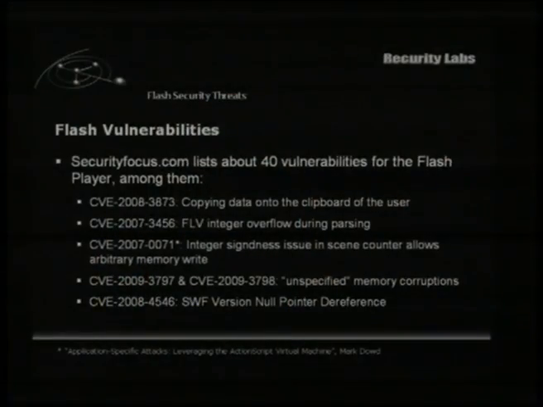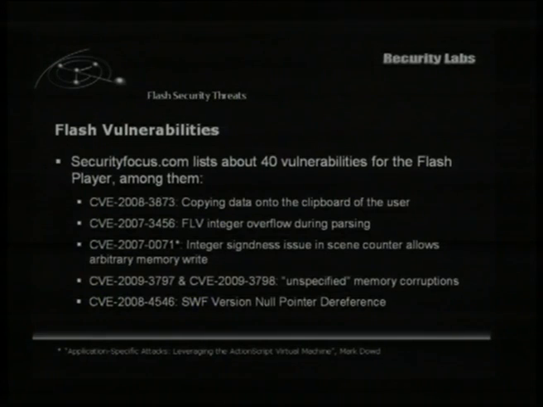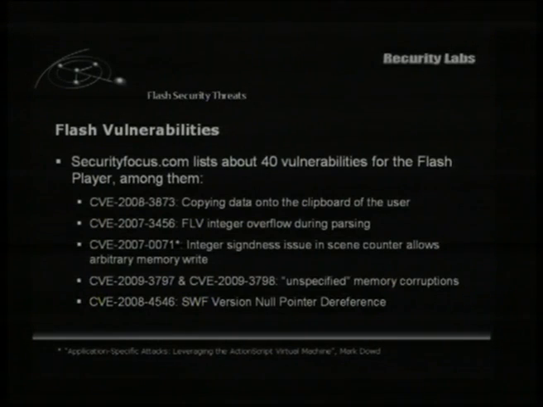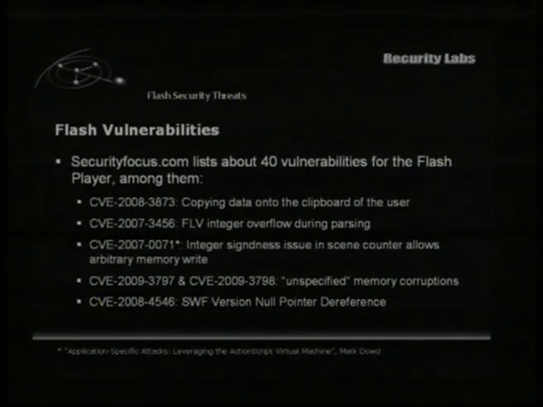So what types of vulnerabilities are we looking at when we look at Flash? Like, what do we actually have to fix? Well, you have a bunch of them if you go to, for example, SecurityFocus and list everything Flash Player. And if you look at it, it says like, oh, you can arbitrarily copy data from or to the clipboard of the user, or you have an integer overflow here, or you have the 2007 Mark Dowd